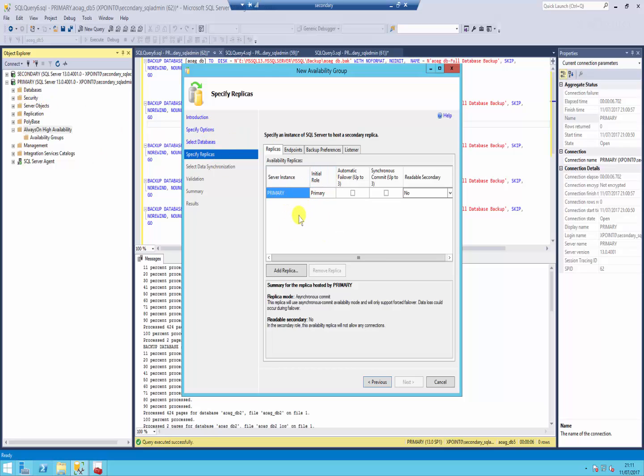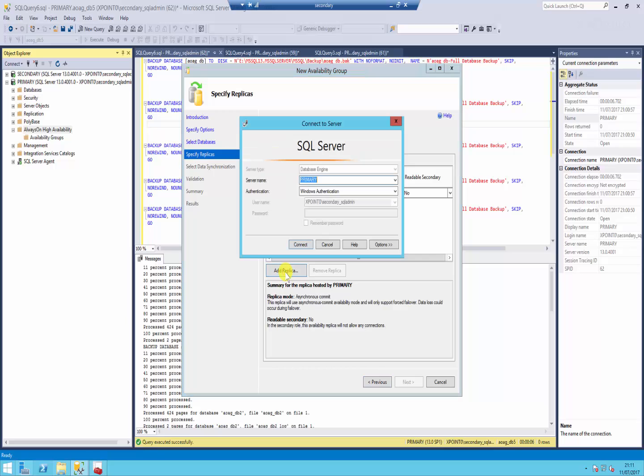Okay, so what it's asking us to do at this step is to specify the replicas. So if we had more than one secondary, this is where we begin to tell it, okay, if you have 3 secondaries, you start by adding each one of them as replicas, and that's pretty much connecting to that secondary. So when we're now going to connect to our secondary,